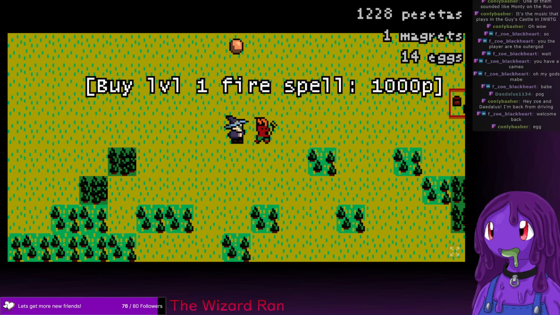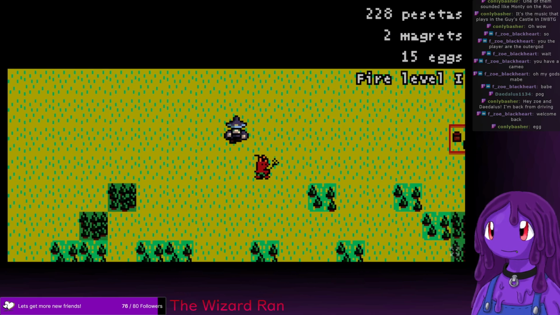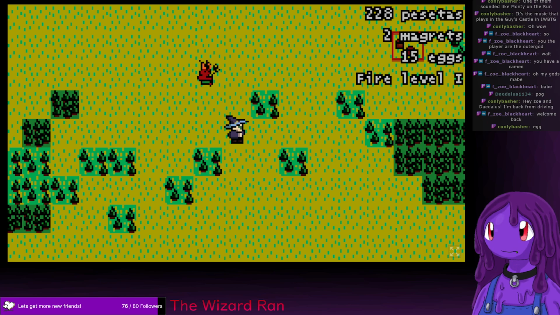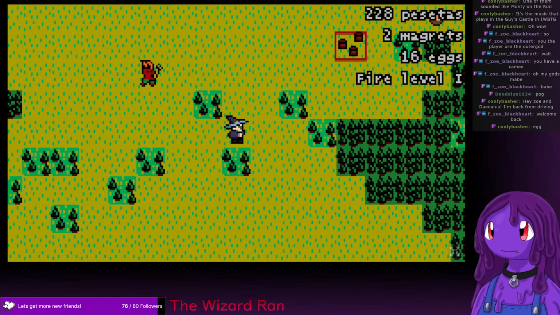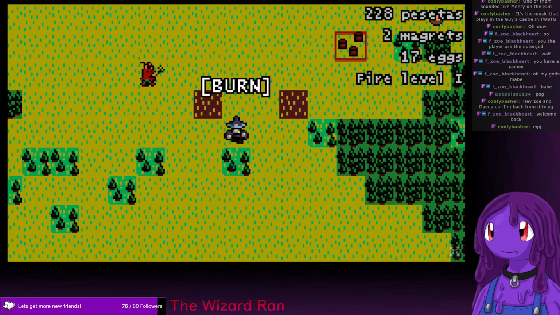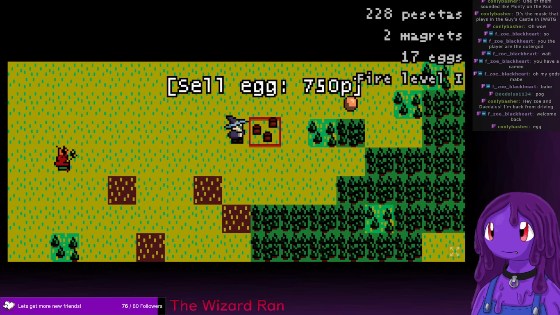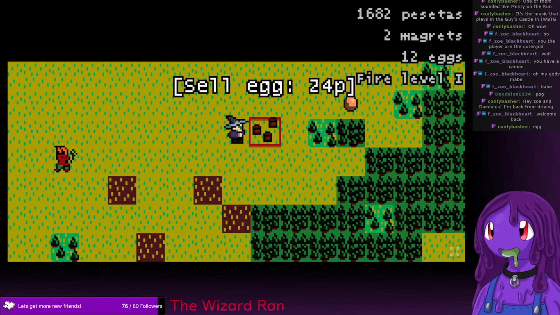Level 1 fire spell for 1,000. Oh right, I have a map. Huh. Egg.